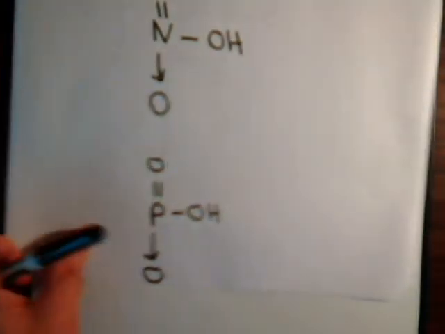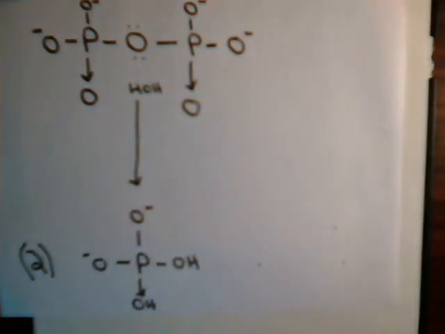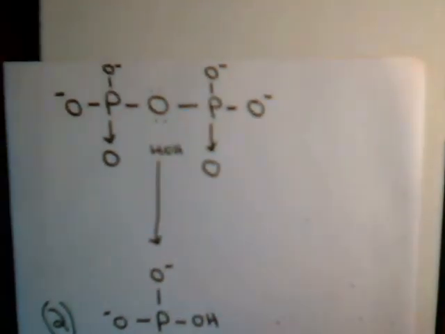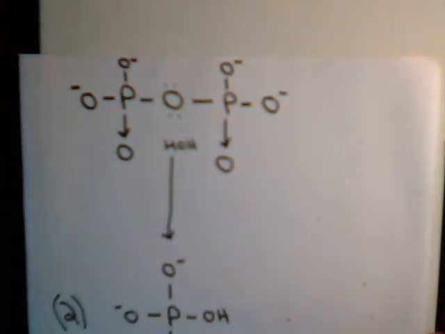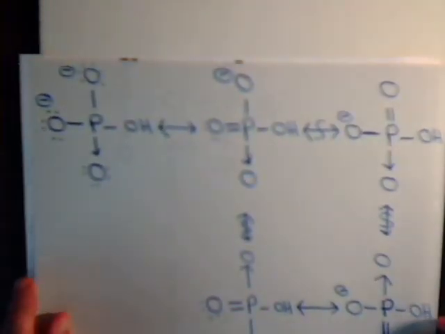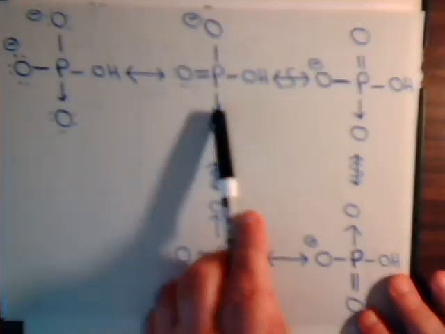Therefore, it is possible to form the anhydride, the pyrophosphate, but because there is some stabilization of the phosphate anion like this,